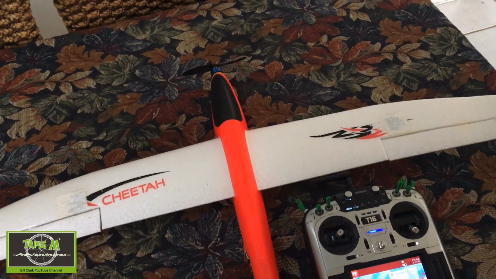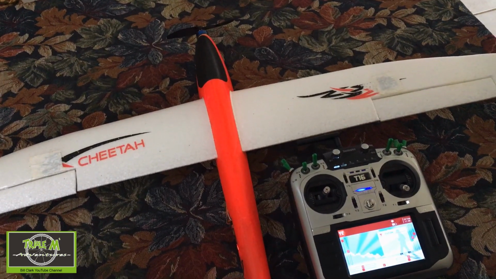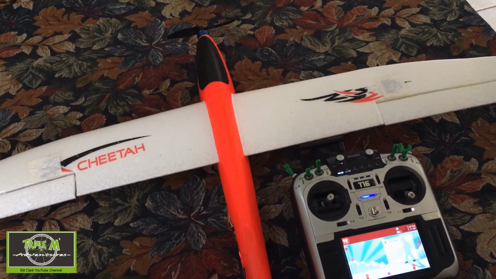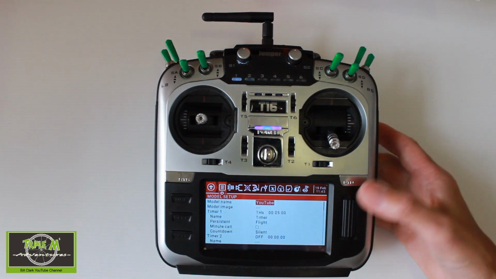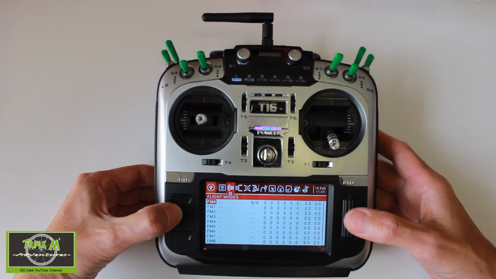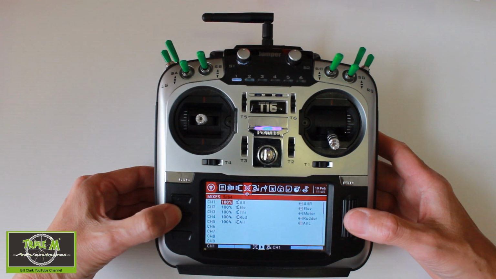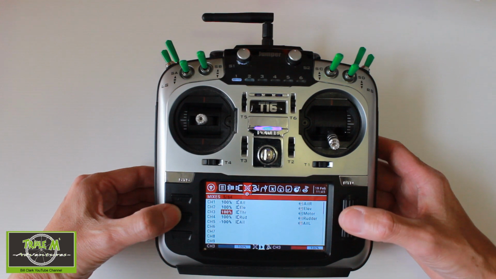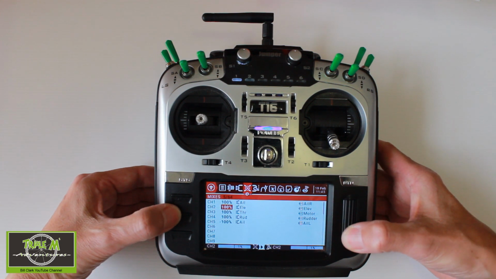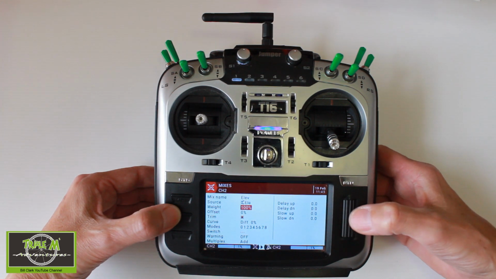So let's go back to the bench and I will show you how to make those adjustments so all your control surfaces work the right way. Now let's sort out the mixing problems. We go into our model and page until we get to the mixes. Now we should go to elevator, you click and edit, and we should